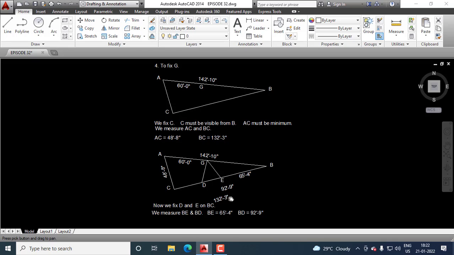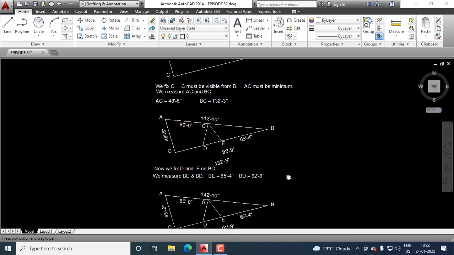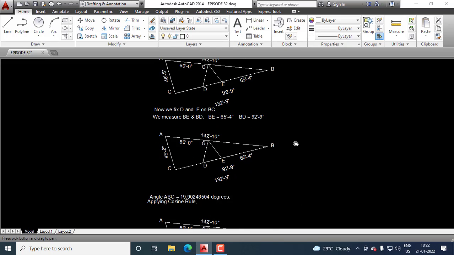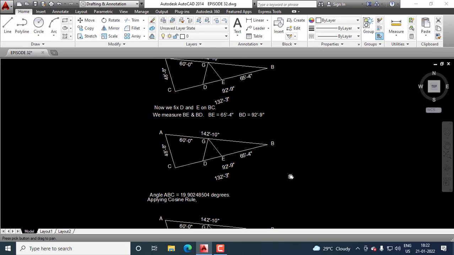This figure belongs to BC, the distance between B and C, 132 feet 3 inches. Angle ABC is 19.90248504 degrees. Angle ABC, this angle,